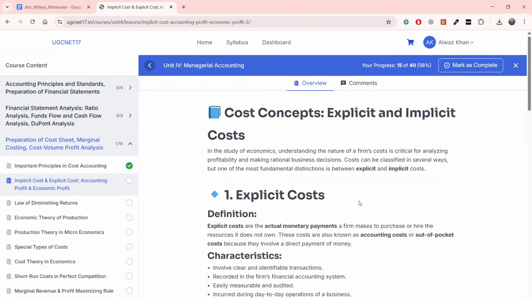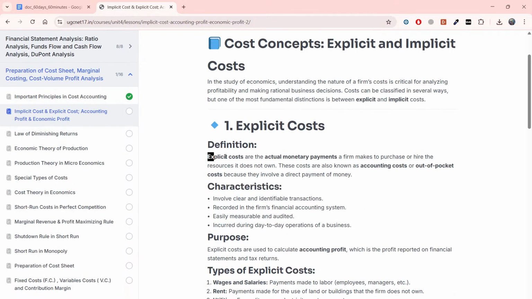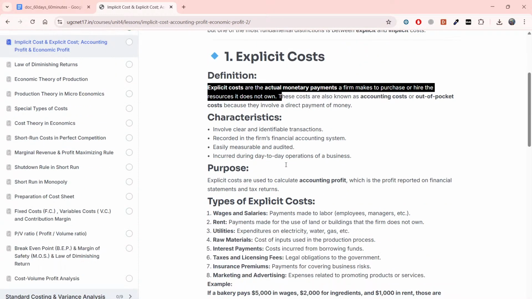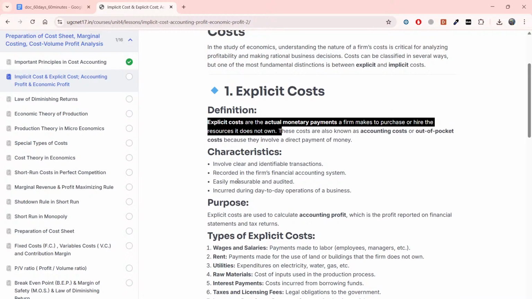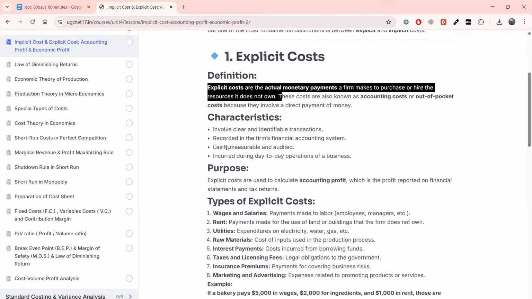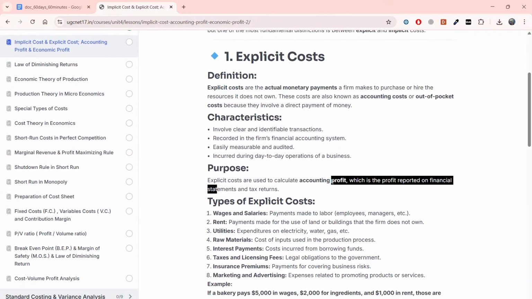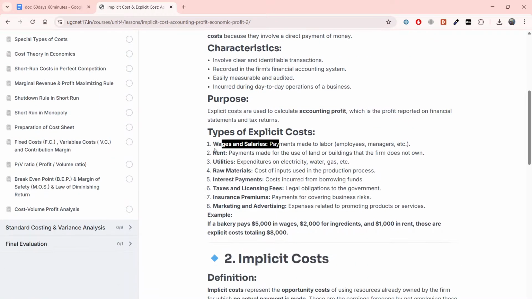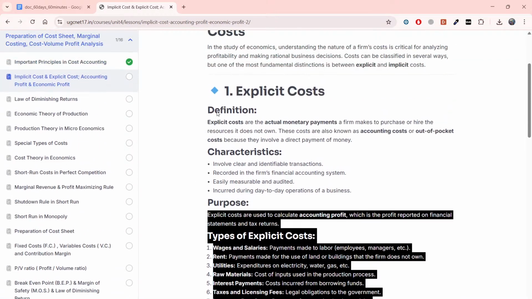Implicit, explicit cost, हमने ये पढ़ा हुआ है. Explicit costs are the actual monetary payments a firm makes to purchase or hire resources it does not own, such as actual जब money तुम pay करते हो तो जाता है. What is the use of explicit cost? To calculate accounting profit, which is the profit reported on financial transactions. Wages and salaries, rent, utility, raw material, interest, taxes, insurance, marketing, जो भी आपने भरा है ये सब explicit cost